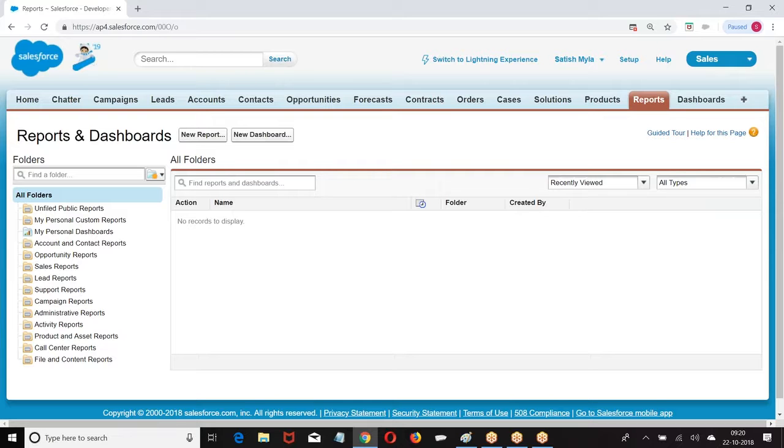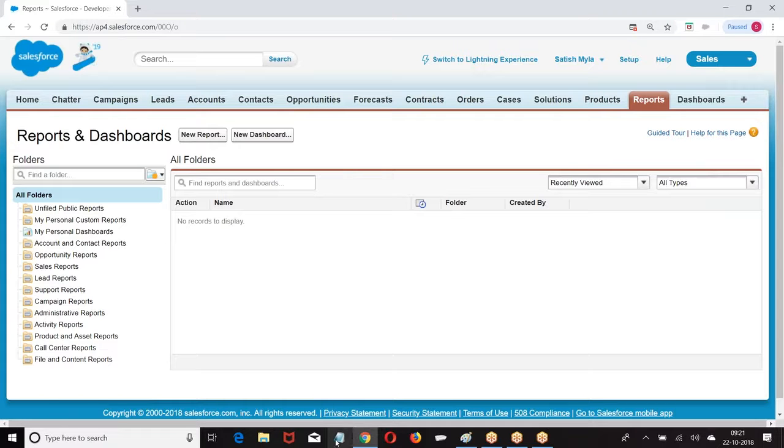Now, how many types of folders do we have? Standard report folder, my personal custom report folder, unified public report folder, or else my custom folder. Look at the point.